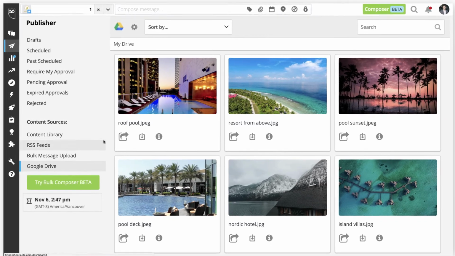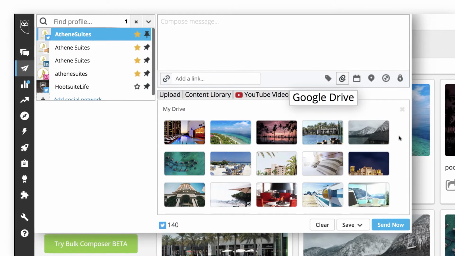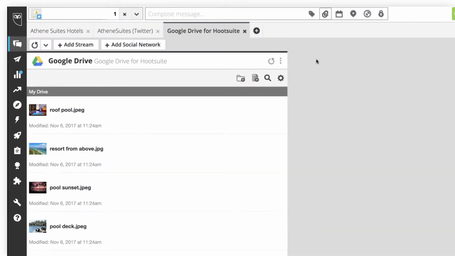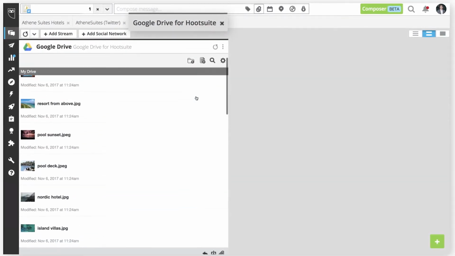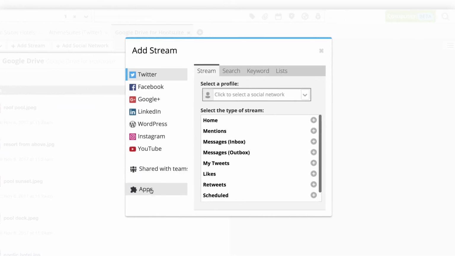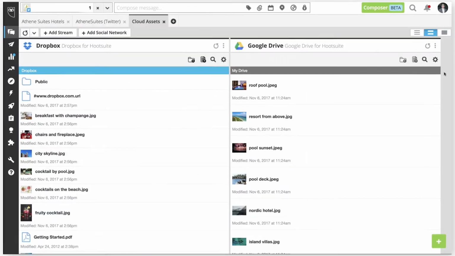The second is within the Compose box. And the third is as a stream in the engagement view. A stream for your cloud assets is added automatically when you install the app. Position the stream exactly where you want it within the tab, or create additional streams by selecting Apps, then your cloud storage service. You can search your storage in the stream,